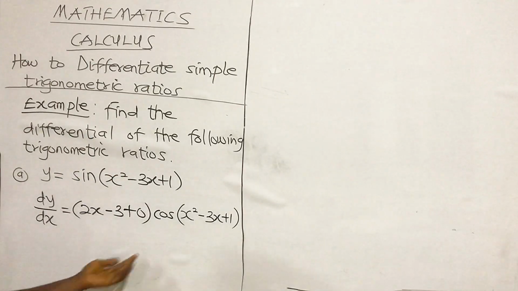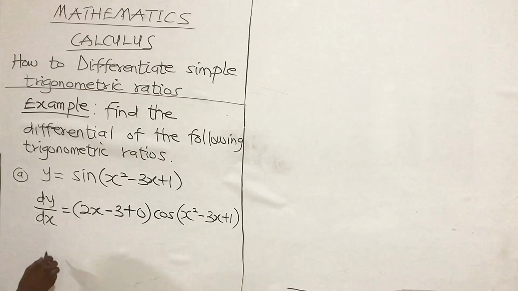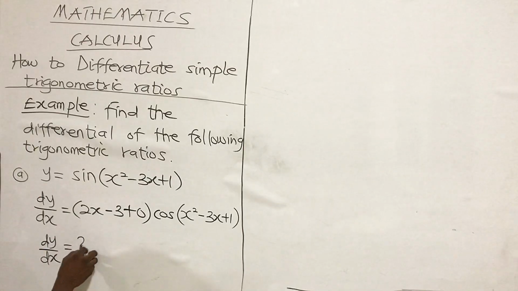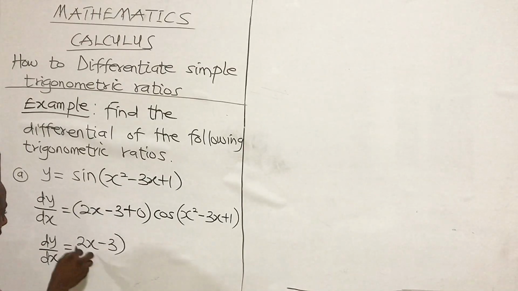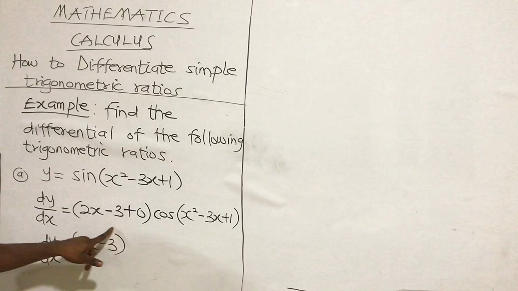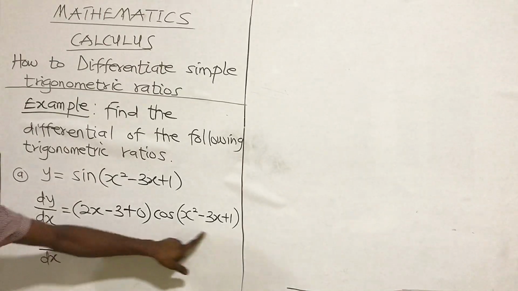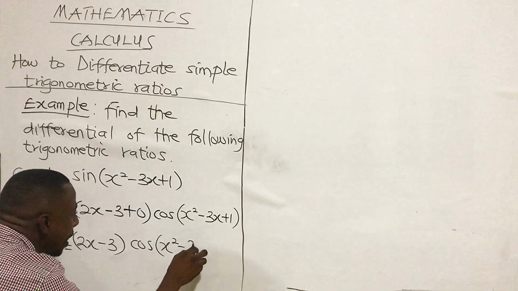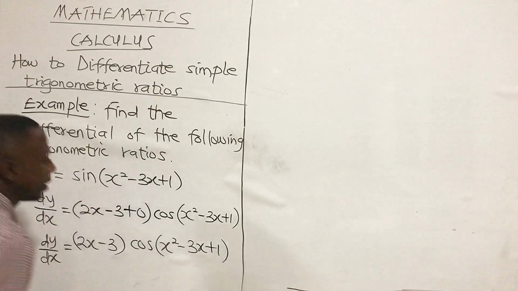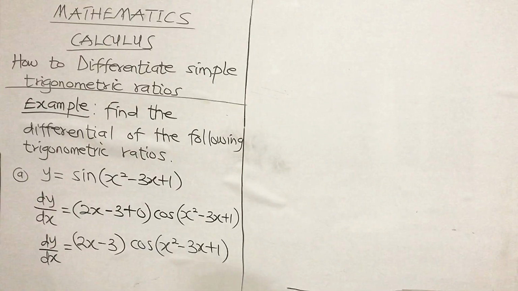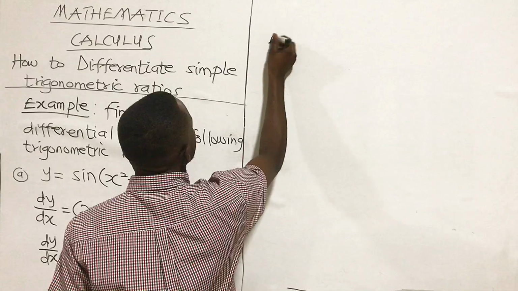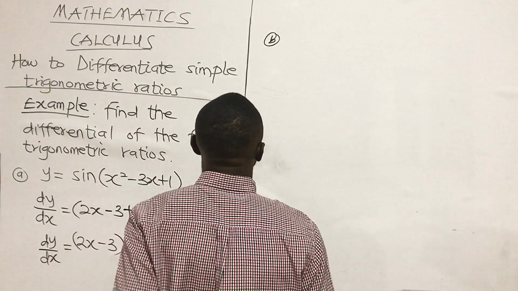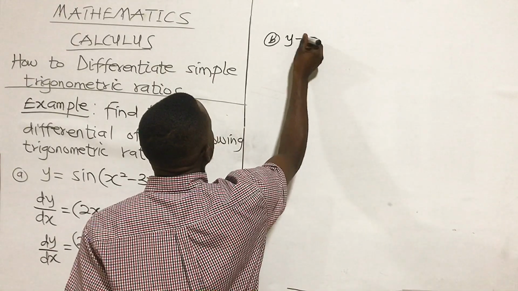So from here, we are just going to simplify. So we have dy over dx is equal to 2x minus 3 plus 0. We still have 2x minus 3, multiplying cos into bracket x squared minus 3x plus 1. And this will be the final answer. Let's get the next question. B. Y is equal to